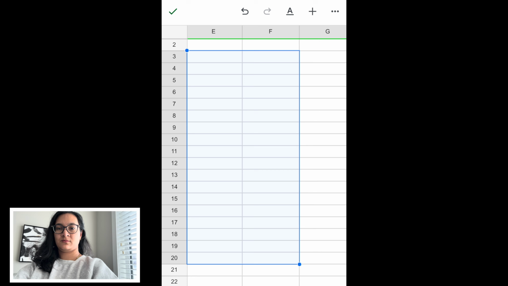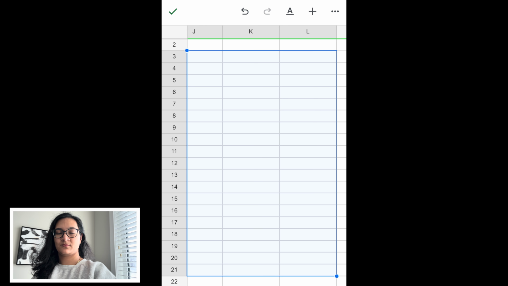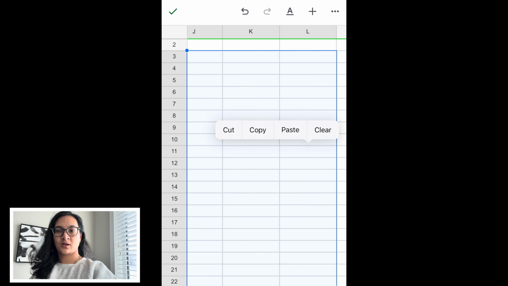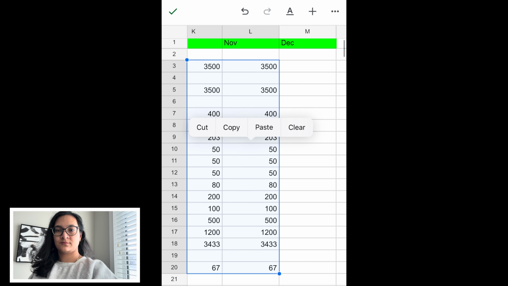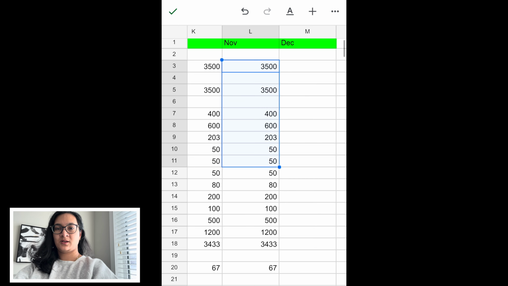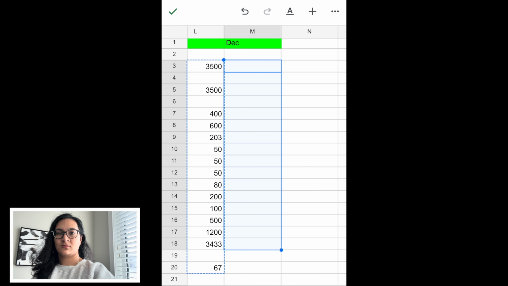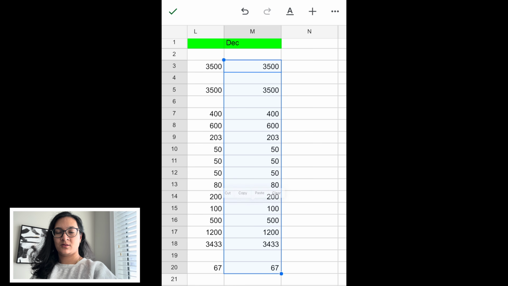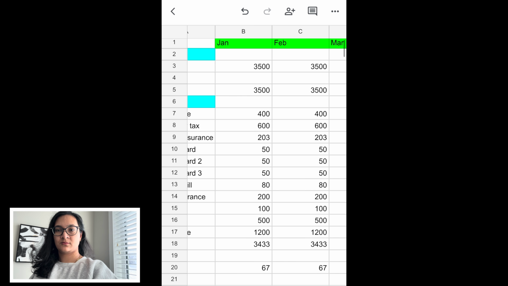So just be mindful, like some months, some of the costs might go up or down. Like for me, my heating bill, I don't have a heating bill as much. It's just like a basic payment for $50. So my heating bill goes down in the summer times, so I will adjust for that. And like power bill or water usage might be higher or lower depending on whether it's summer or winter, so